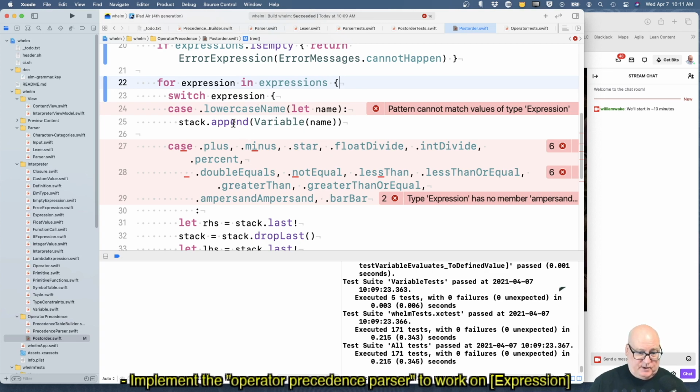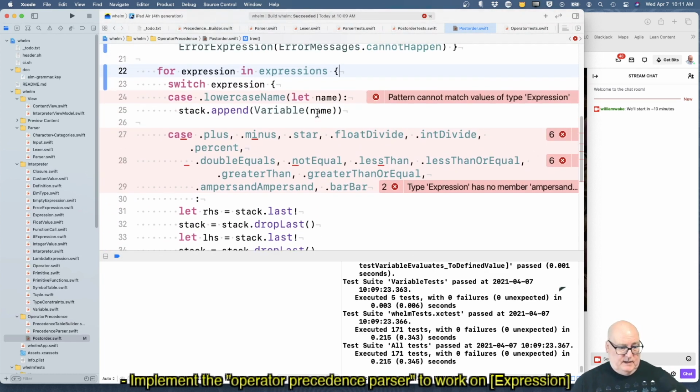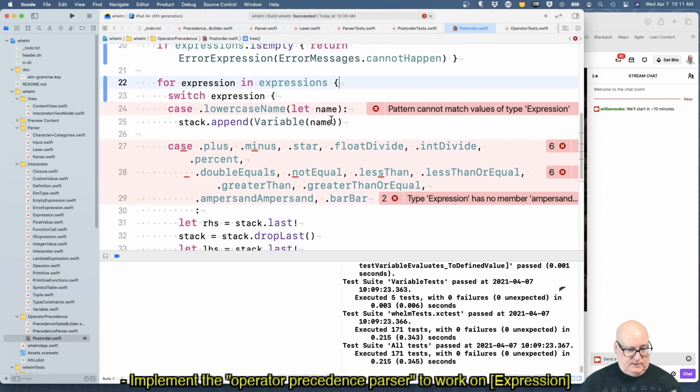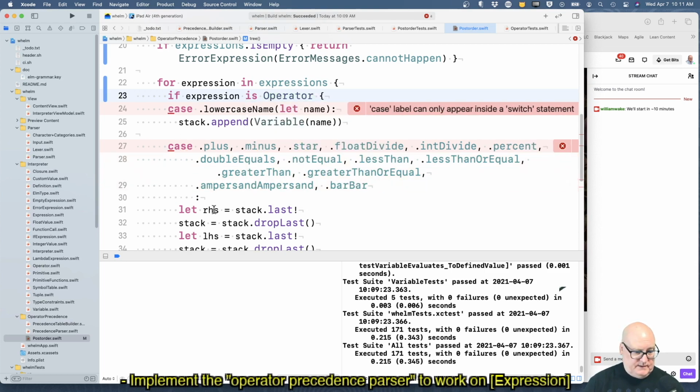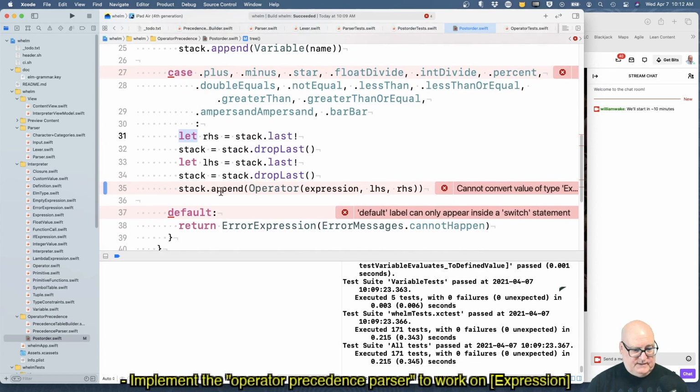If it's not an operator, we're just going to push whatever it is. Okay, so I guess I'm kind of duplicating this. Let's just, if expression is operator, we're going to do something. Well, yeah, we're going to do the operator stuff.